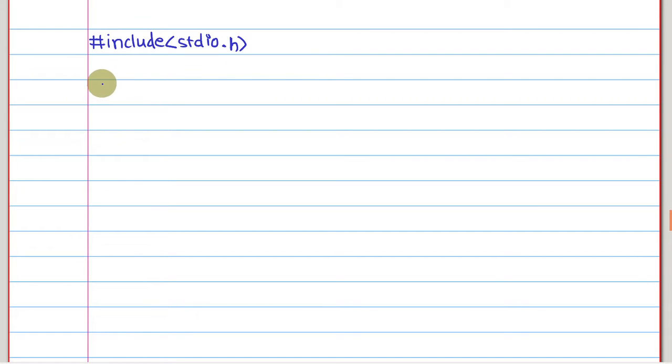Then instead of hard coding values 140 and 3 for number of students and number of subjects, let's use some constants. So let's use #define STUDENTS to be 140, and let's define another constant called SUBJECTS